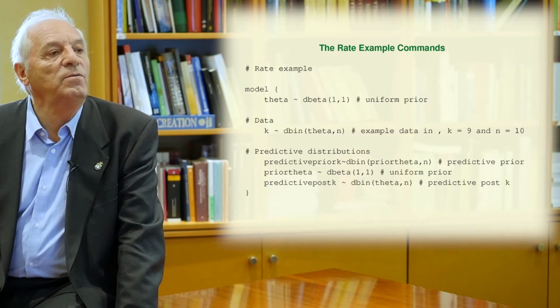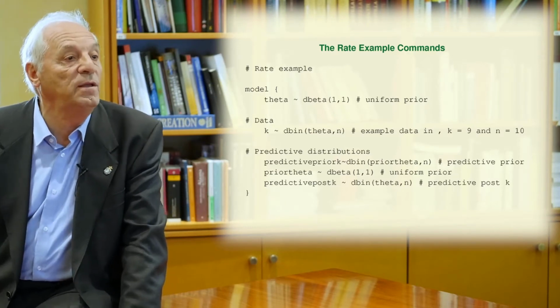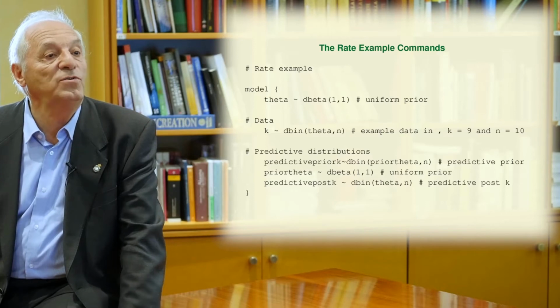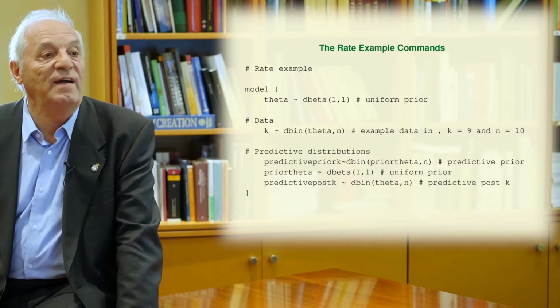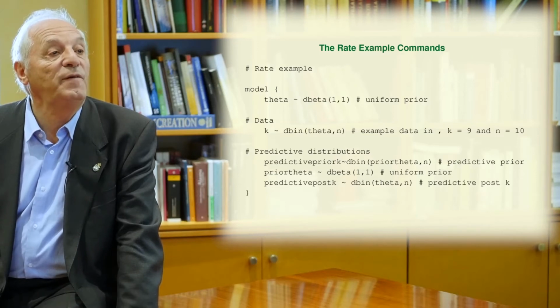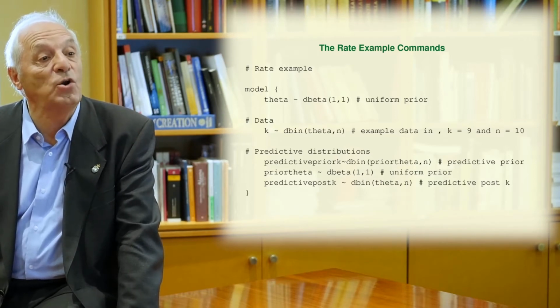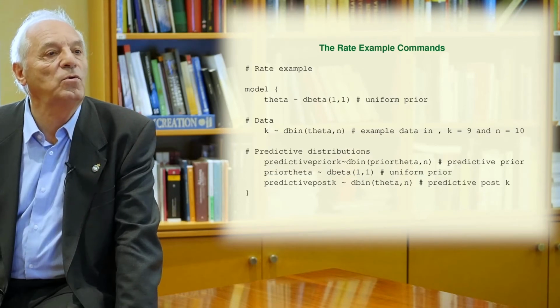We write below the predictive distribution. You need to differentiate between the prior predictive and the posterior predictive. It is interesting to see that for the prior we use prior theta, but for the posterior we use theta. And note that when we define the data for the sample, we include theta, that is the parameter we use in the posterior, not in the prior. This is because we want to reproduce the prior and the posterior.